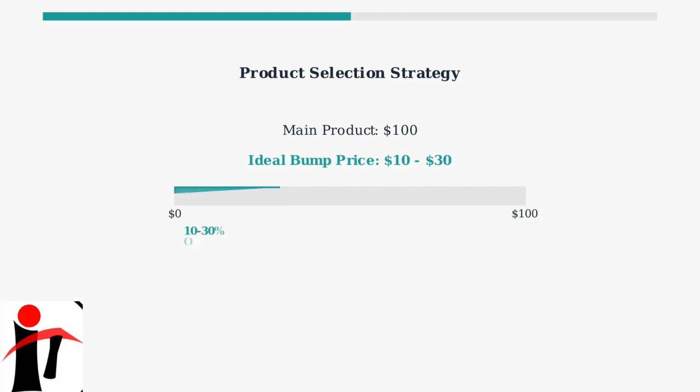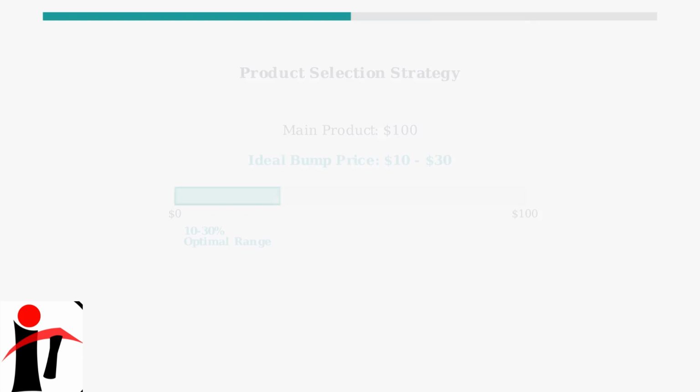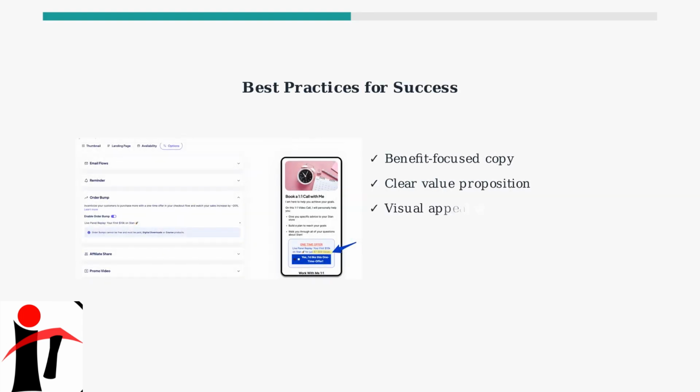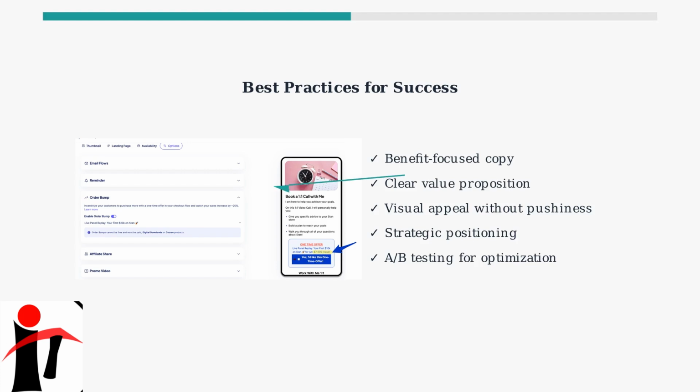the presentation. Choose products that complement your main offering and price them between 10 to 30% of the main product's value. This creates an attractive, low-risk addition for customers. Use compelling, benefit-focused copy that clearly explains the value. Design visually appealing bump boxes that stand out without being pushy, and always test different positions and messaging for optimal